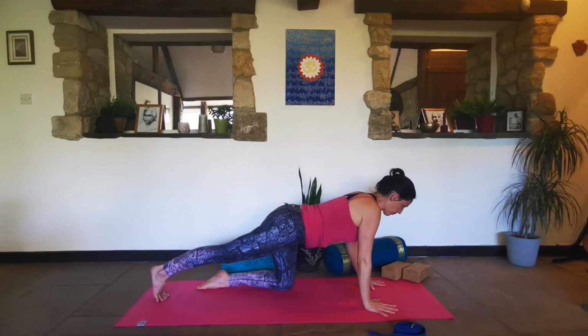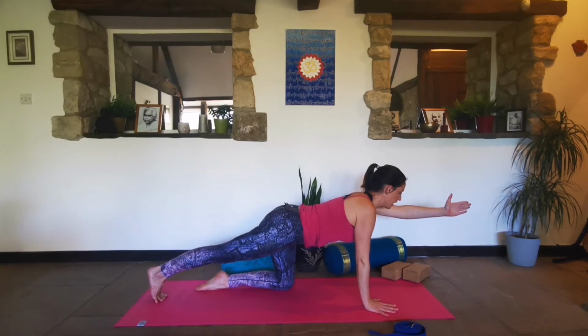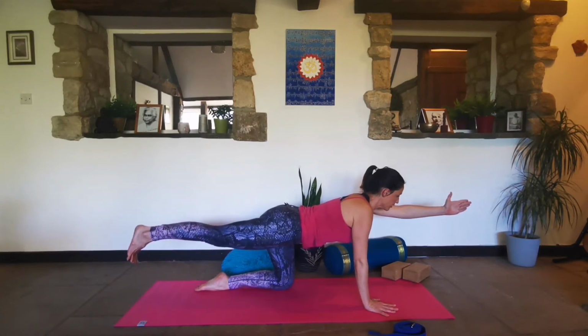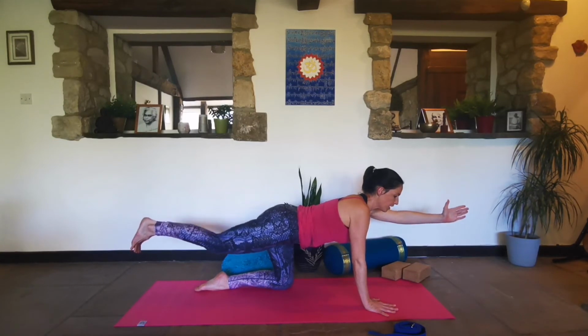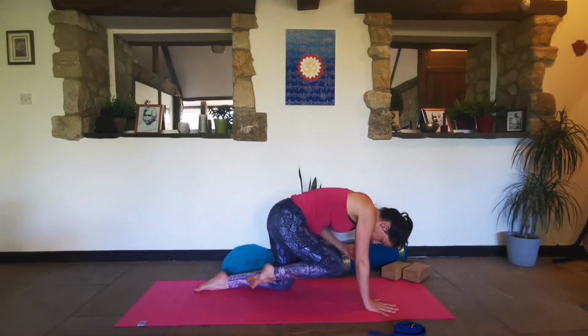So now right leg back, left arm forwards. Taking the right hip in, you can either stay here or if you want to, you can take the right leg up, choice is yours. Shoulders away from each other, and if you feel ready, if you're at that stage, then inhaling,